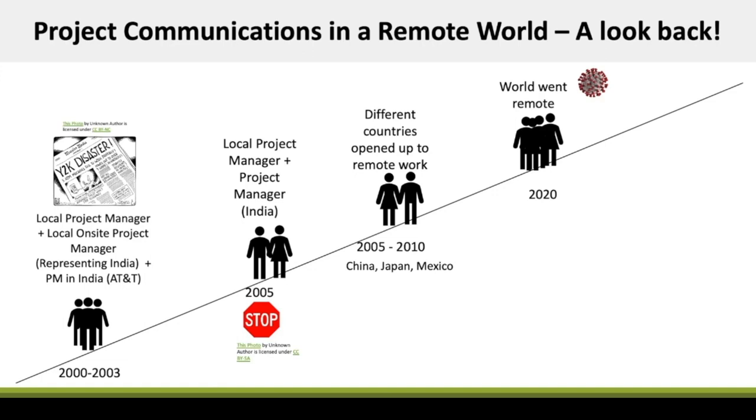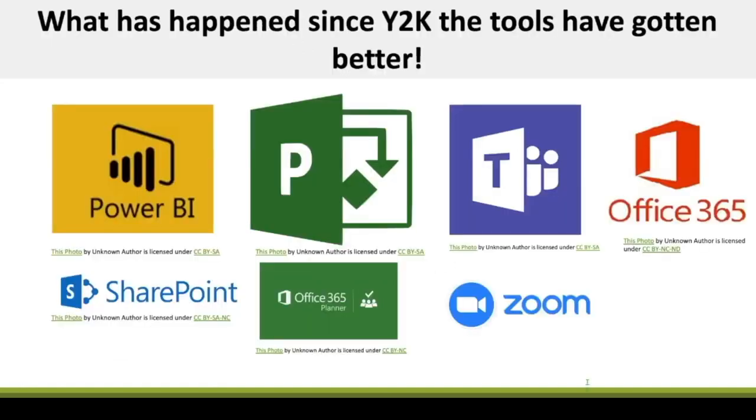But what has happened since Y2K, and we've seen some of these before, is these tools got better, right? Teams got better, Zooms got better, right? And so these products became more and more important because executives are now playing a huge role and they're all dealing with these. So it's super, super important that we understand that these tools have been around, projects have been around forever, right? Power BI has been around forever, but they're getting better and better and better because our executives are using them and expecting more.